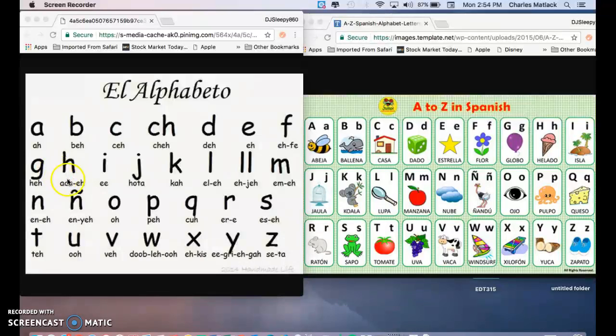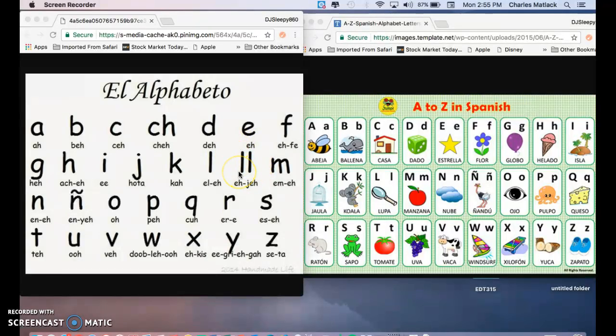Next we have H, the infamous H, so we know that H is silent in Spanish. The H is silent, something very important to remember. So this is not pronounced helado with an H sound, it is pronounced helado with a silent H. Going on, isla, J, jaula, K, koala, L, lupa,